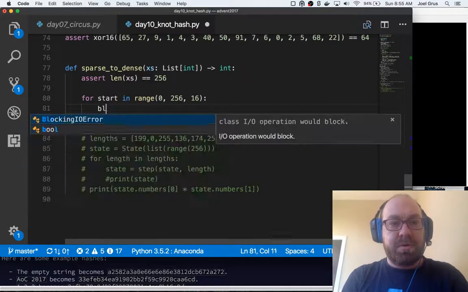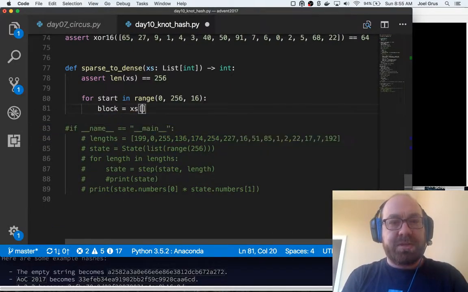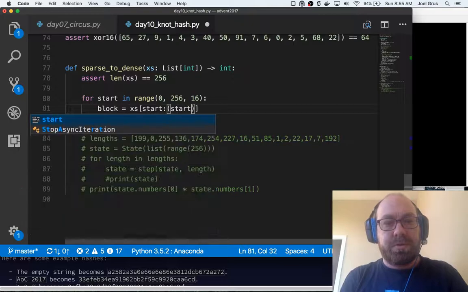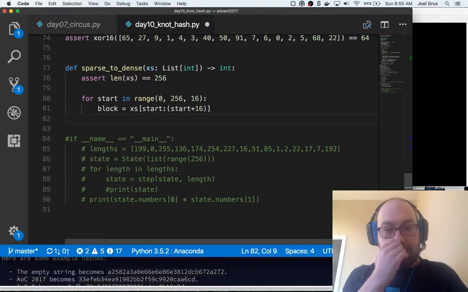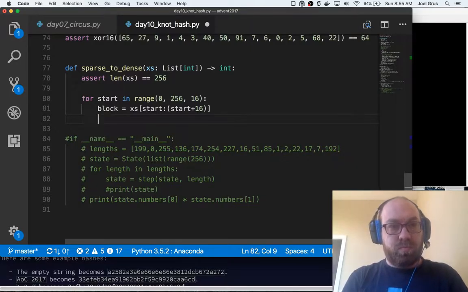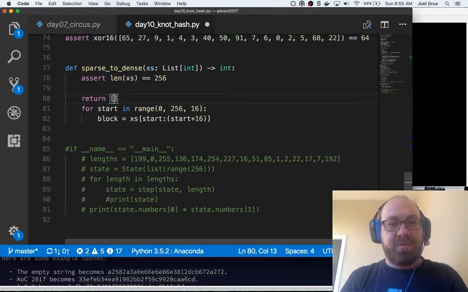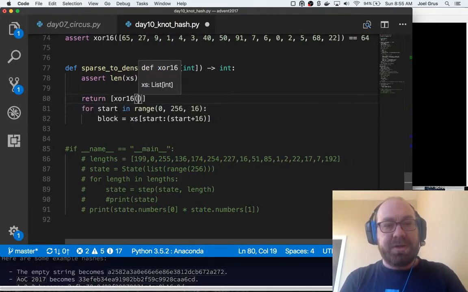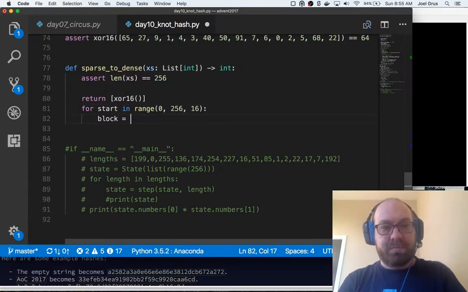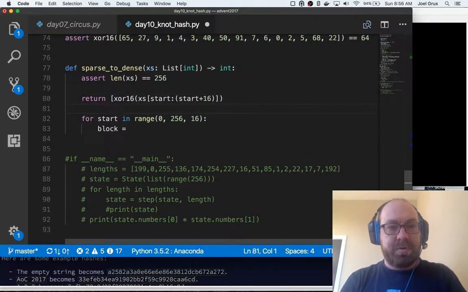Each block. So, block equals xs[start:start+16]. Let me just do this all in one. Return XOR16 of each block, so this will be smooth,